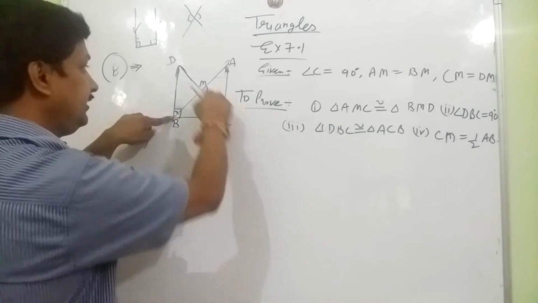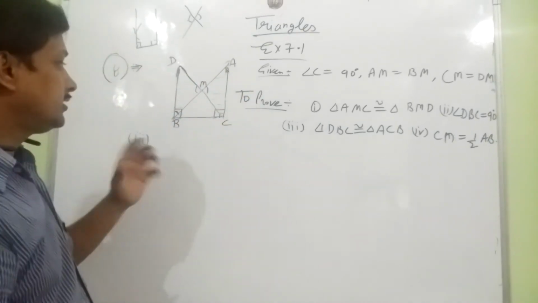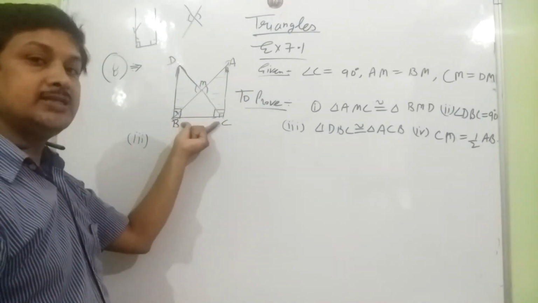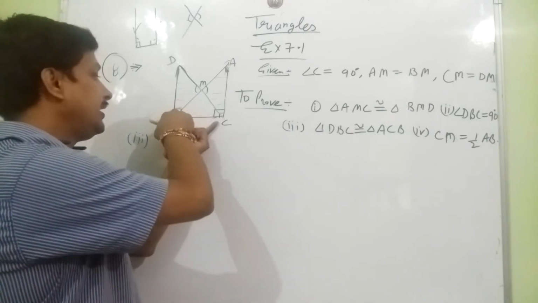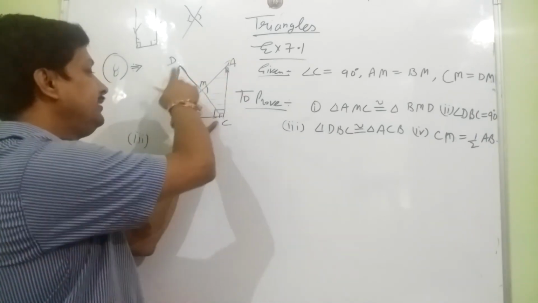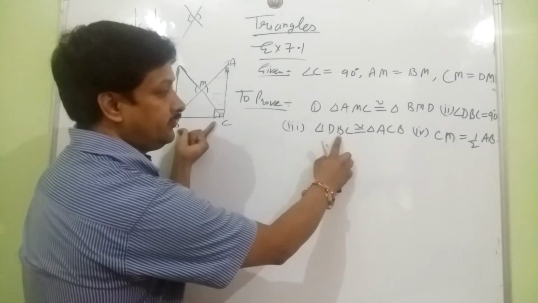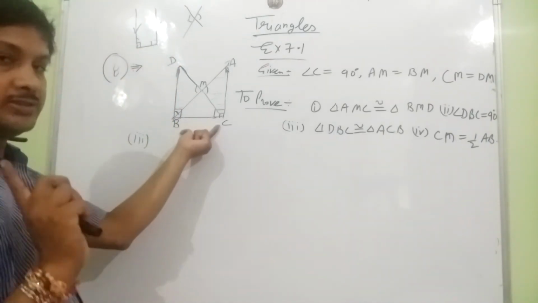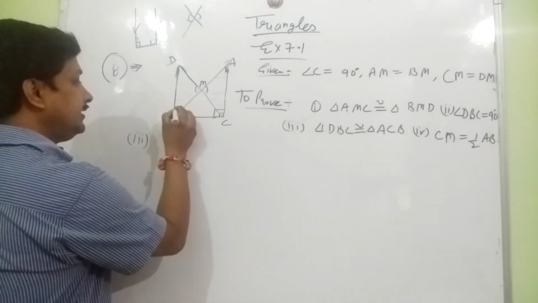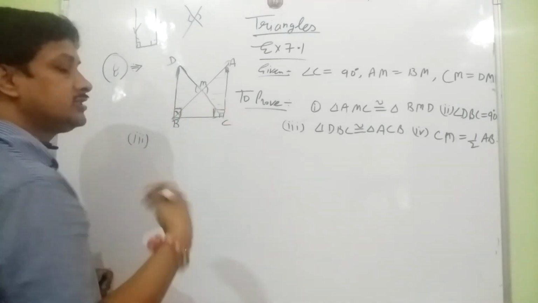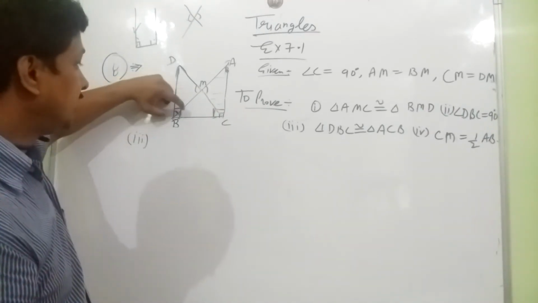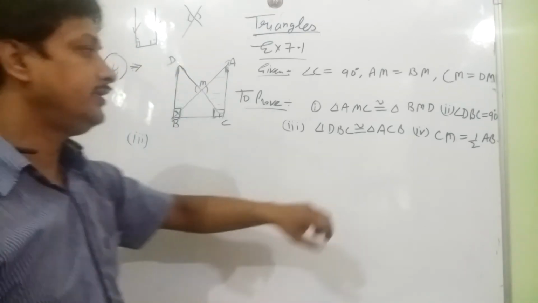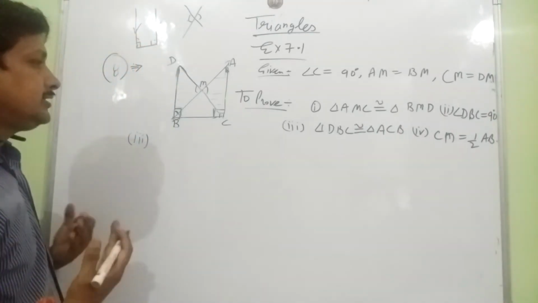So triangle DBC and triangle ABC. So first thing is BC base is common. BC is in triangle ABC and DBC. You can see from here also BC and BC. So BC is common. First thing. Second thing, these angles are 90 degrees. Just proved. Second thing, these angles to be 90 degrees. We have proved. Okay. What is the third thing?